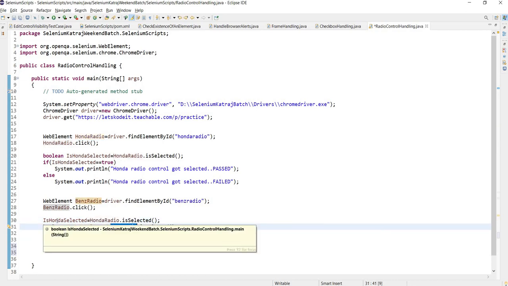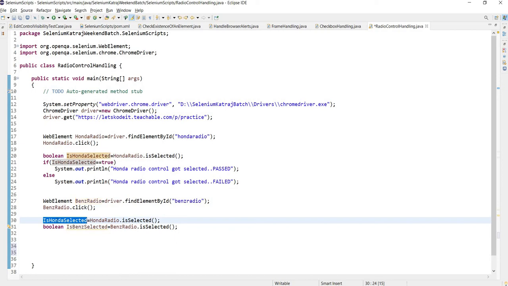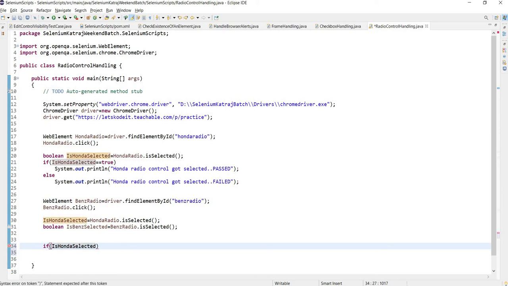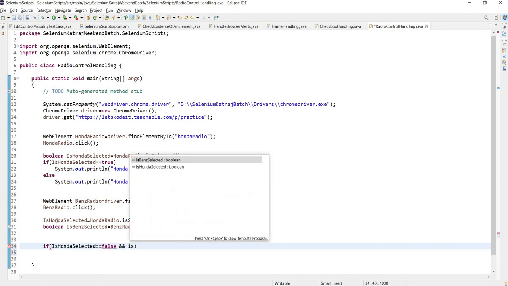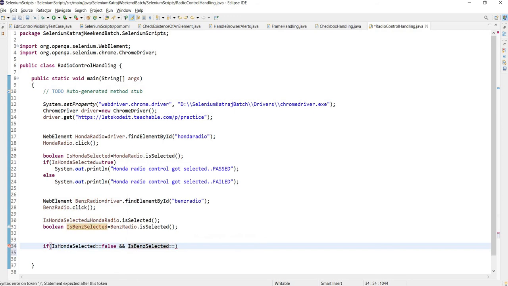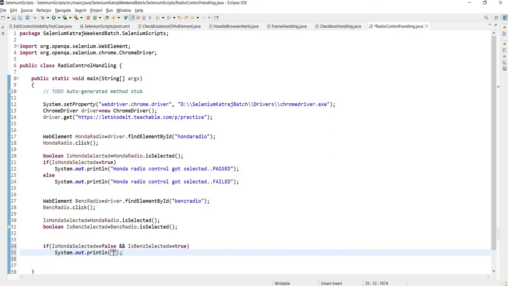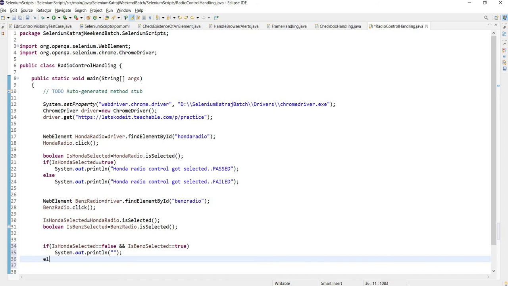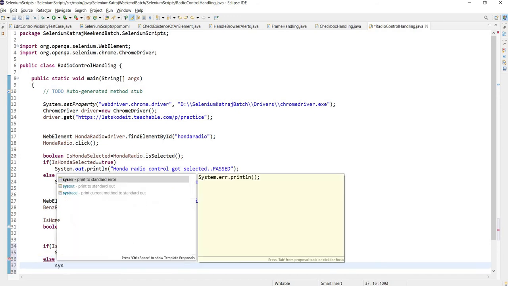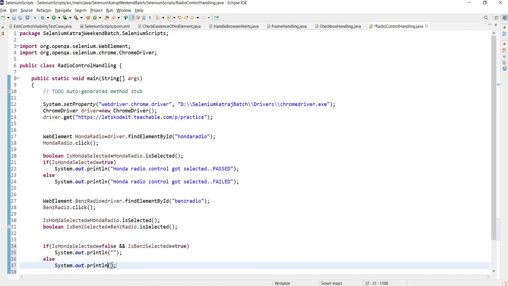Now what we are expecting: this Honda should be false, as now Benz radio is clicked on. So if this is equal to false and isBenzSelected is equal to true, then we will say passed, else failed. Let's give the messages.